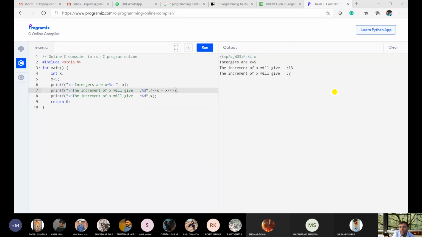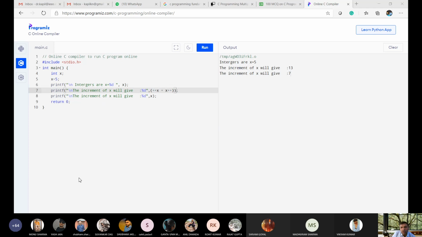Stack means whatever comes first will always go to the bottom, like chapatis. Okay. So the first statement is what? The first statement is ++x.